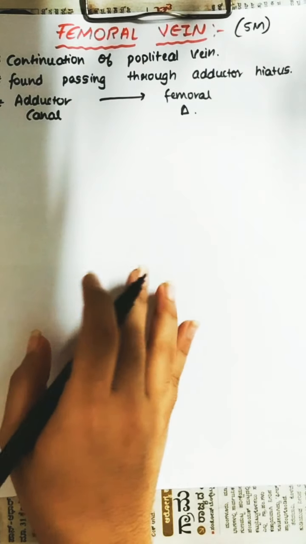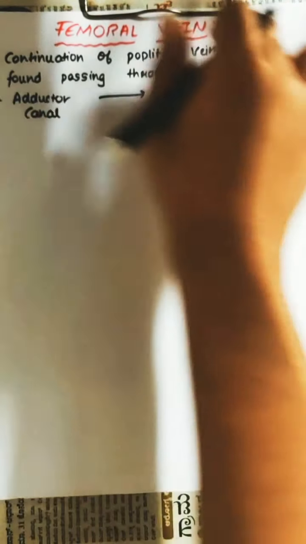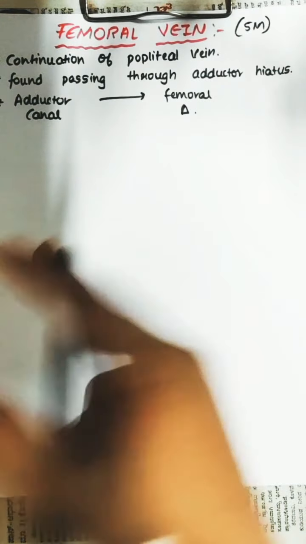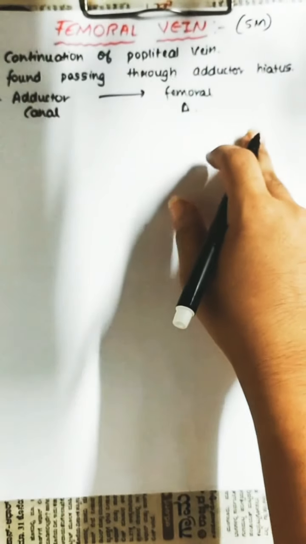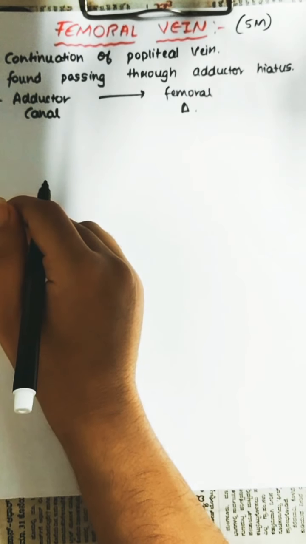Whereas if you had considered the femoral artery, it would pass from the femoral triangle to the adductor canal, then into the adductor hiatus, then to the popliteal artery. But here it's opposite. Popliteal vein to adductor hiatus, then to adductor canal, then it passes near the femoral triangle